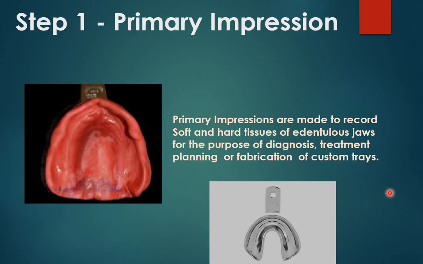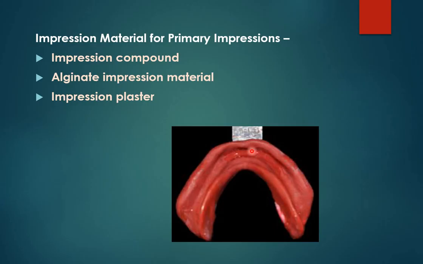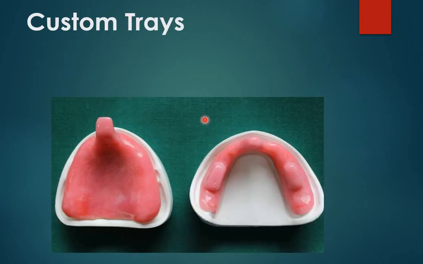Whenever we are making a primary impression, we use stock trays. The most common impression material which we use for making a primary impression is impression compound, a rigid thermoplastic material, and it is also reversible. Apart from this, you can use irreversible hydrocolloid or alginate, and we no more use impression plaster. Once we have taken the impressions, you fabricate a custom tray with the spacer design in it,